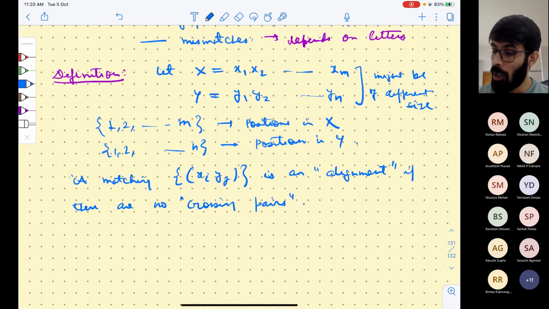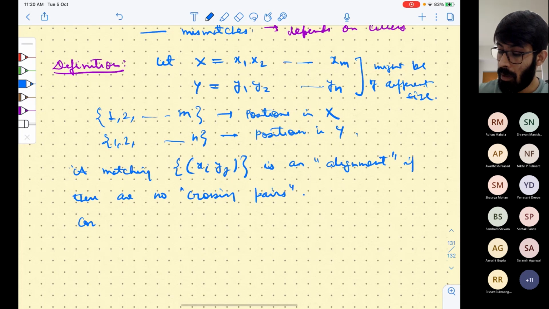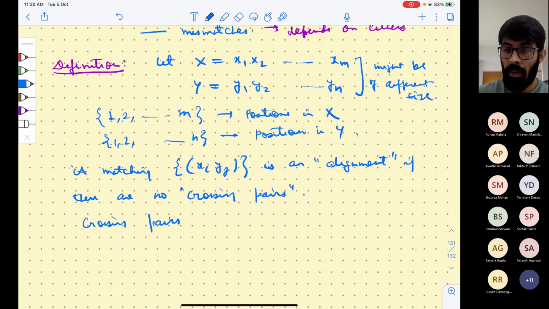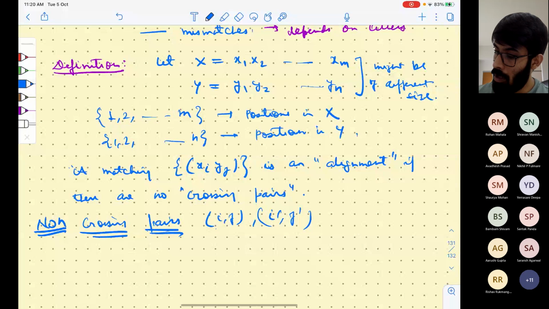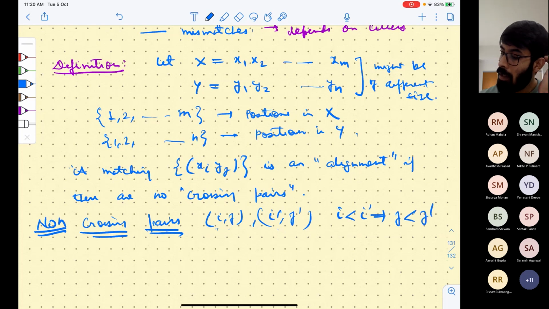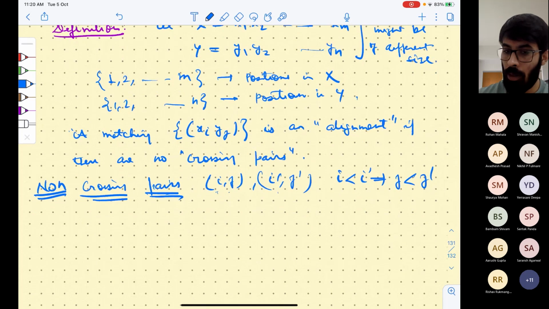And what do we mean by crossing pairs? So let's define non-crossing pairs. So i, j and i prime, j prime are non-crossing if i less than i prime implies j less than j prime. Right? That it is not the case that,